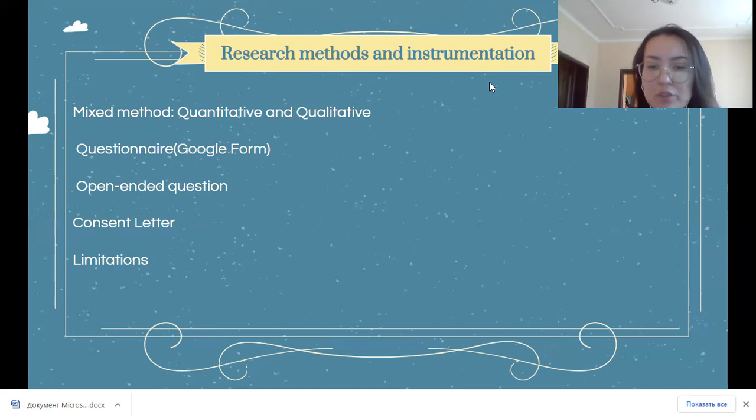Also, the questionnaire was conducted through Google Form, an online format, due to the COVID-19 situation. The questionnaire consists of three parts. The first one is demographic questions, where the students' level of English is asked and how they prefer to learn the language.